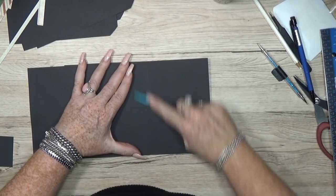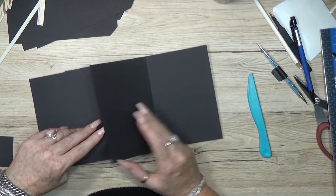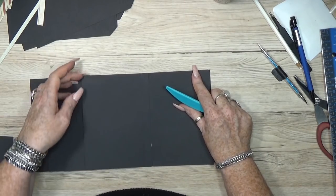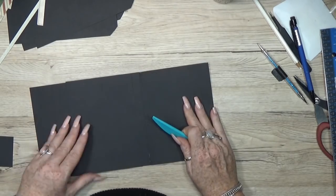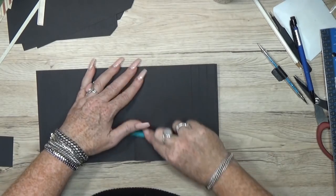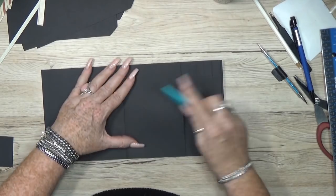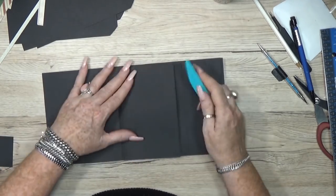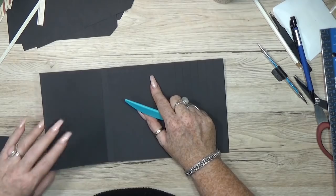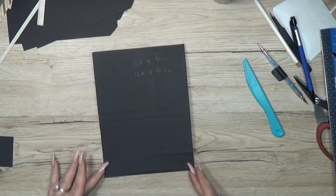Okay guys, so now we are at the bottom. Now you still think this is not different at all, but I had an idea yesterday. Oh yeah, me and my ideas. While this is a Christmas album, you can make this just as it is, just a simple waterfall. But what if we want to add a little Christmas touch to it? So I was thinking, why not make this waterfall in a tree